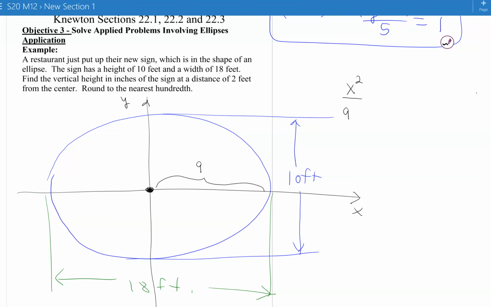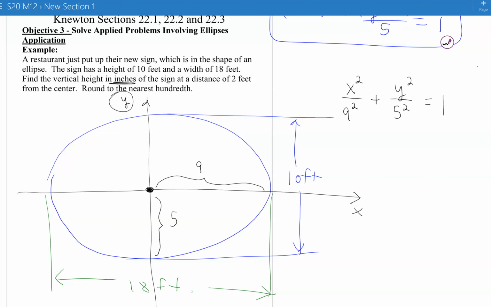So I'm going to have x squared over 9 squared plus, then halfway across in the y direction is 5. So I'm going to have y squared over 5 squared equals 1. So that's the equation of this ellipse. And then we're being asked to find the vertical height. So that's going to be a y. Find the vertical height in inches